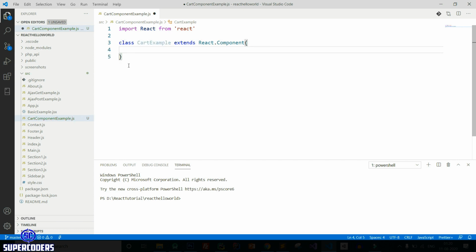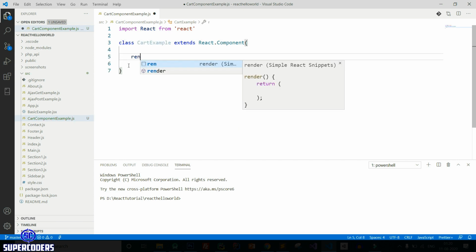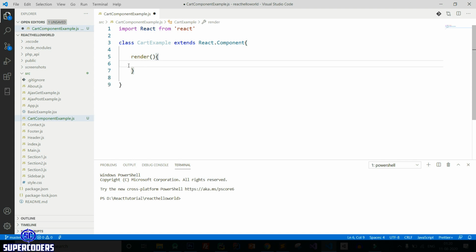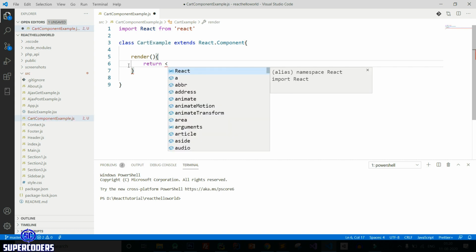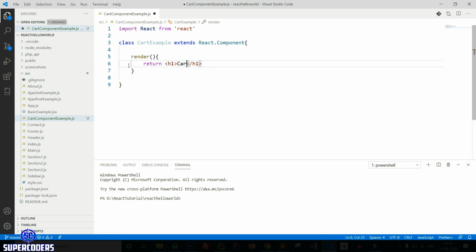Then adding a method render, so render, then returning the message, simple return h1 cart example in React.js. Save this file.